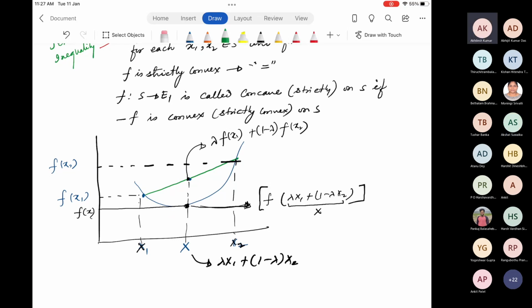So here I will again explain. These are the 2 points x1 and x2. I took a convex combination of these 2 points, which turns out to be x. I look at the functional value at point x. That was f of lambda x1 plus 1 minus lambda x2. Now I took 2 points on the function, f(x1) and f(x2), and did a convex combination of these 2 points. So the resulting point will be somewhere over here. What I'm saying is, this point will always be above this point, then we say that it is a convex function. Is this clear, guys? Any questions?